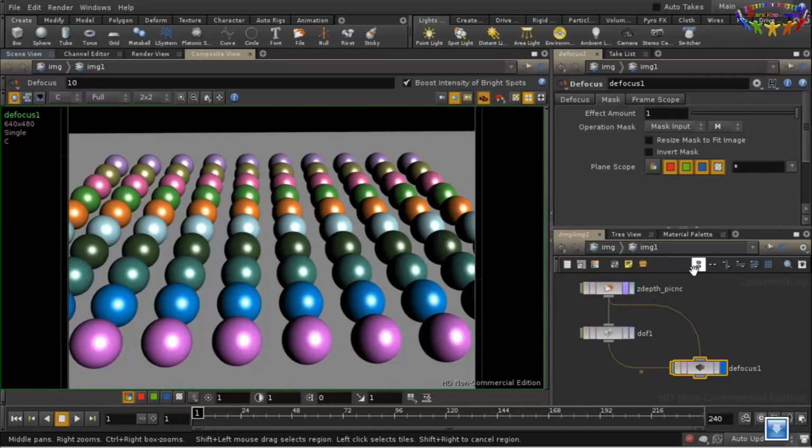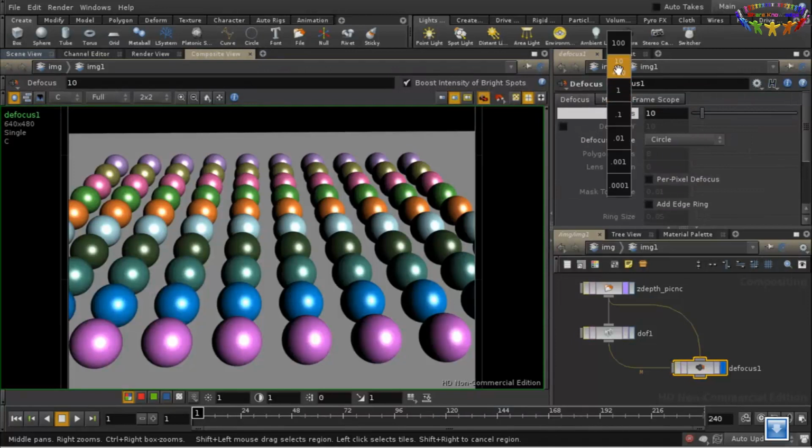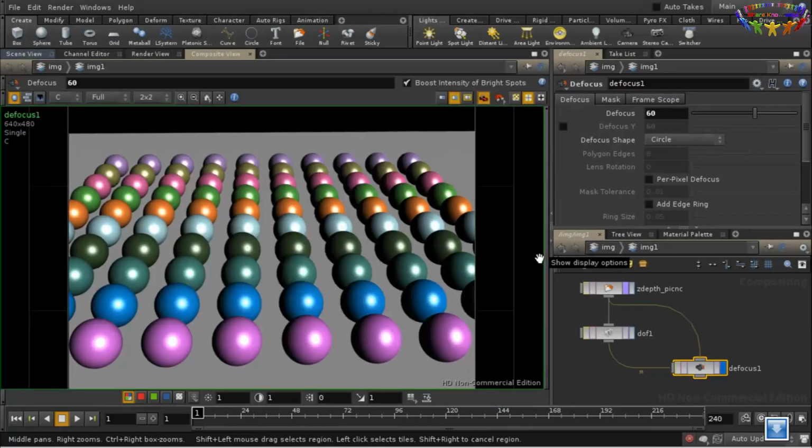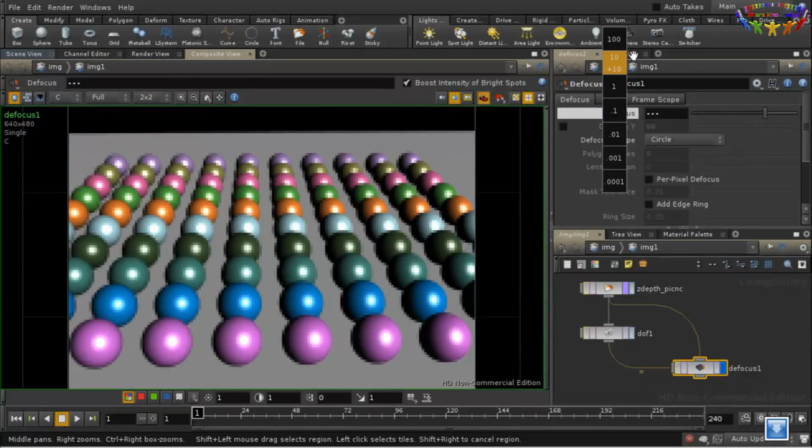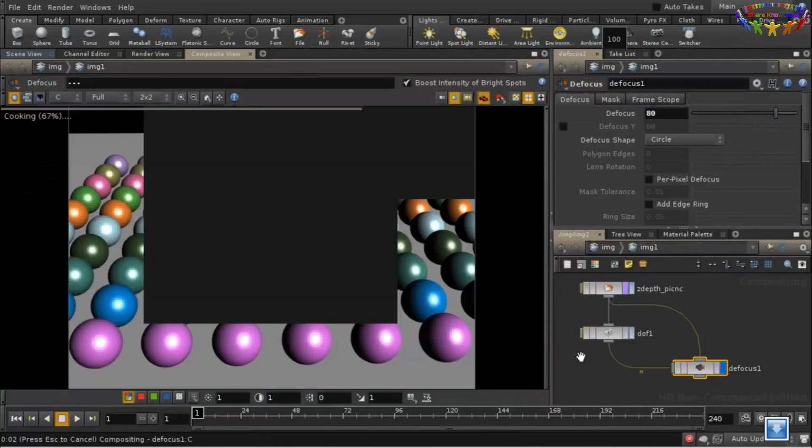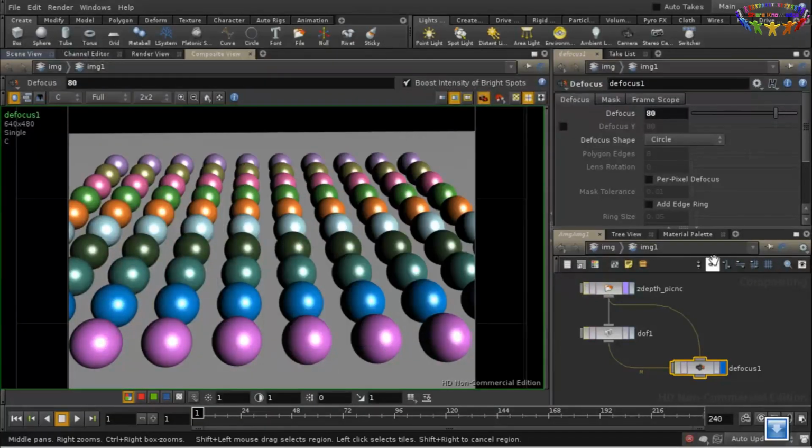Okay, well, we're not getting much of an effect at the moment, so let's increase this. And a bit more. And it doesn't seem to be doing anything very much. And the reason for that is that we need to enable perfect pixel defocus, and that will then take into account the mask that we're feeding in here when it's doing the defocusing. And now we can see that these front